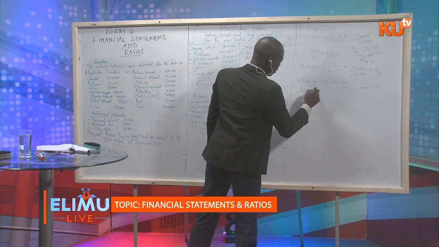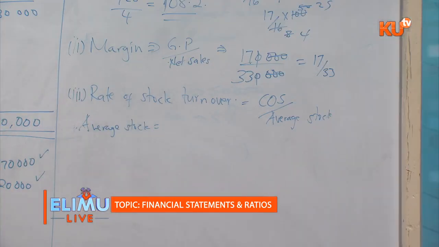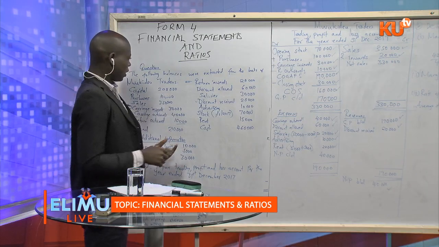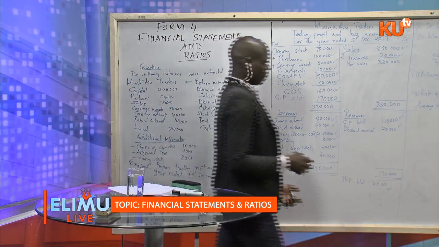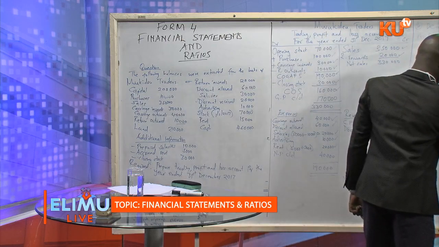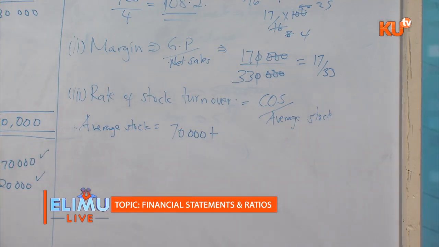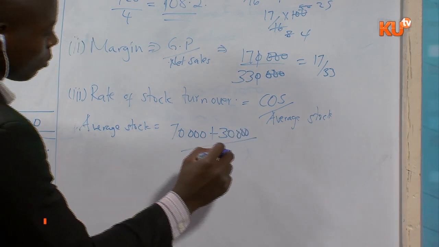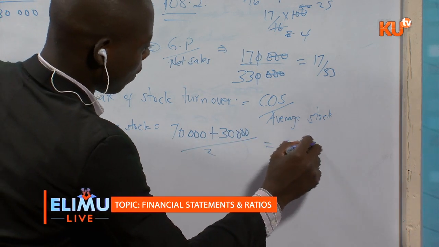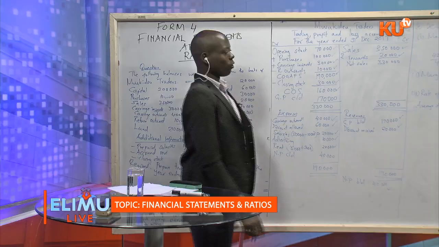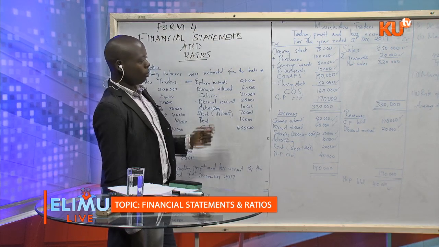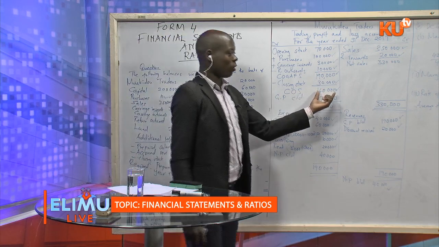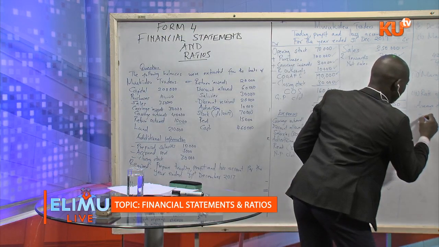Average stock is given by the opening stock, we add the closing stock, divide it by 2. Our opening stock in this case is 70,000. Our closing stock will be 30,000. So we add 30,000, then we divide by 2. That is 100 divided by 2, giving us 50,000. So our average stock is 50,000. So we now calculate, based on this cost of sale,